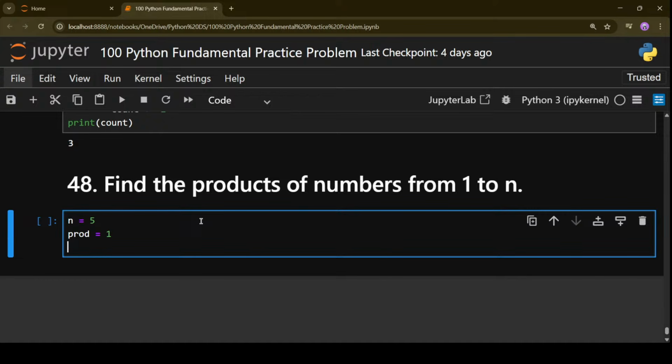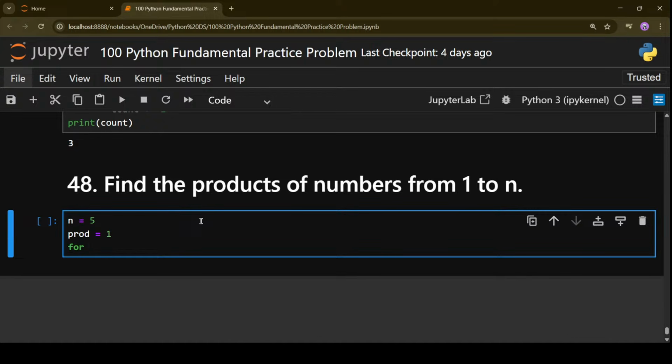Why at the time of product do we just use 1, and why not 0? It's simple basic mathematics: if you multiply any number with 0, you get 0. But if you multiply any number with 1, you get that number only, so there is no change in the value. That's why you have to initialize it with 1.